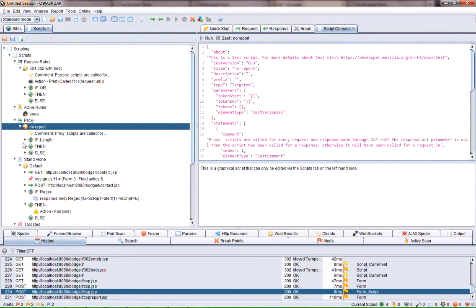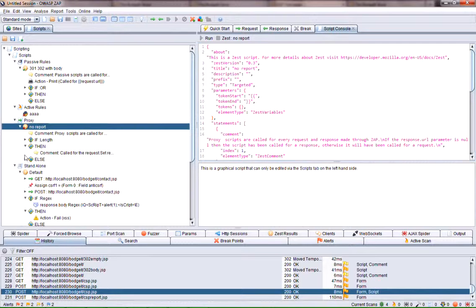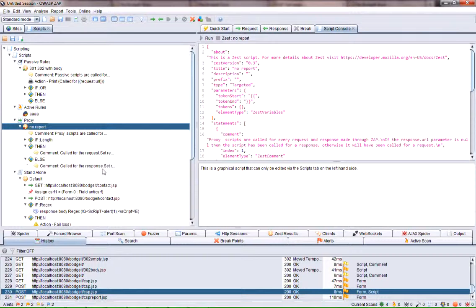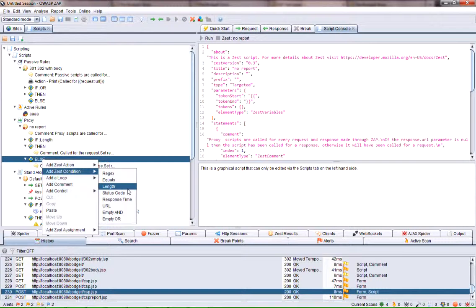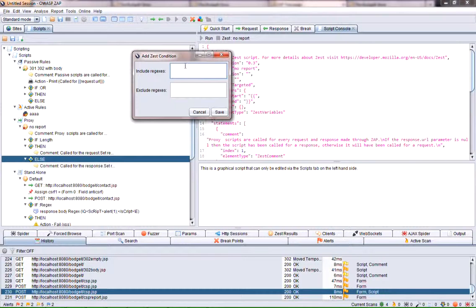So with proxy ones, they get called twice. They get called once for requests and once for responses, and this template actually shows you. Now, we're not going to get a request for one of these reports because they're generated from the browser. So we're in the response path. So I'm now going to put a condition in, and I want a URL condition. So we want CSP report.*